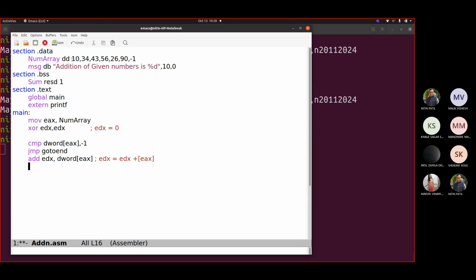Fine. Now, as this is dd, it means how many bytes? Recall the thing that we discussed earlier in the previous session. dd means 4 bytes. Okay. So if num array here, suppose let me save this. Okay, let me come out.